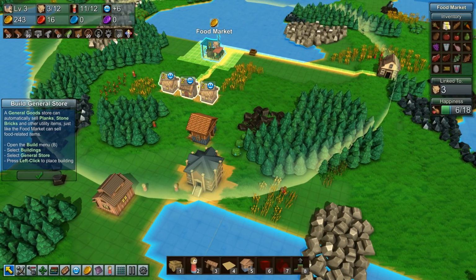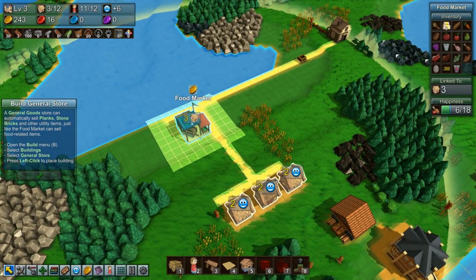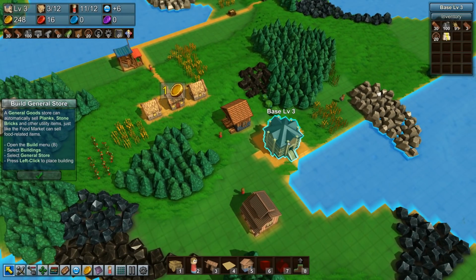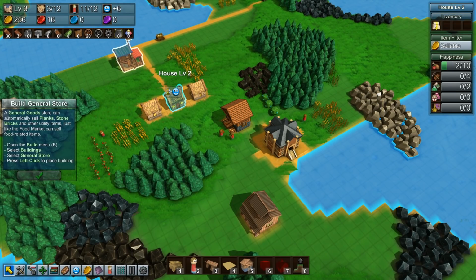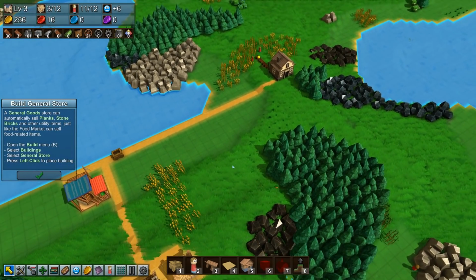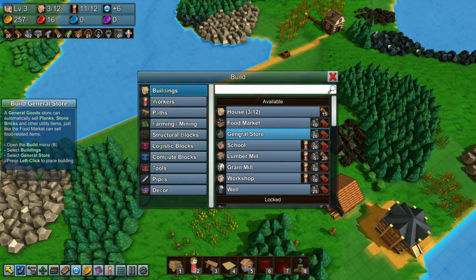Alright, so it's going to ask us now to build a general store. And the general store is the exact same idea as a food market, but it delivers stuff like planks. It delivers stuff like stone bricks that you can sell to the population because they need to fix and maintain their homes, right? So they'll buy that stuff up, no problem. So what we're going to do here is build that building, our general store,